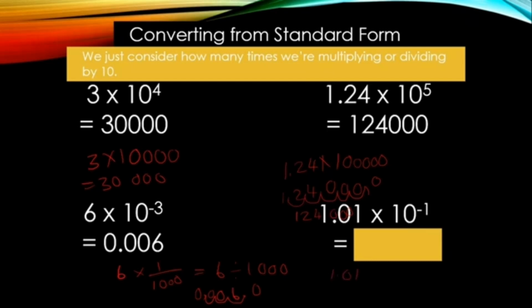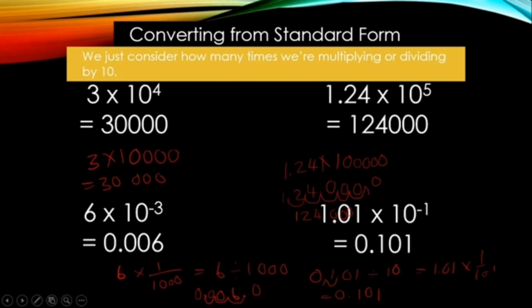So 1.01 will be like this: 1.01 divided by 10. This is the same as 1.01 times 1 over 10 to the power 1. So you just find which method is easiest for you. Since we're going to move 1 place to the left, it will be a new answer like this: 0.101. Let's check if our answer is correct. Yes, 0.101. We are on track. All right,